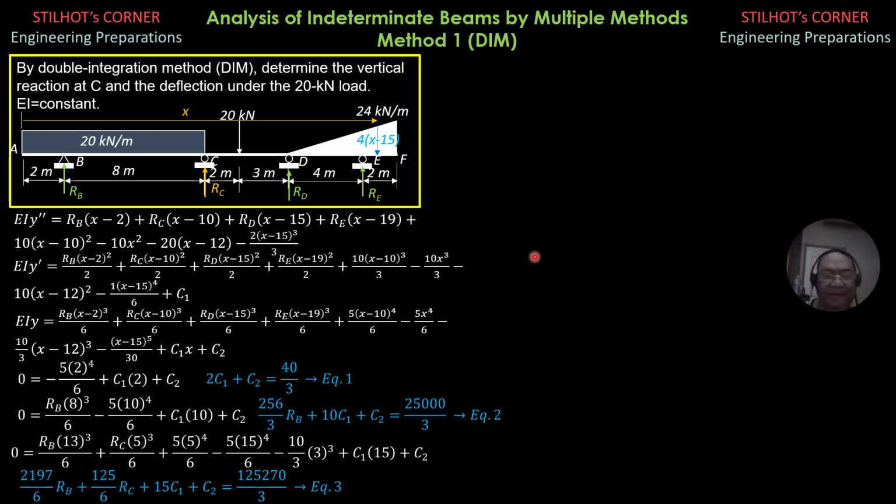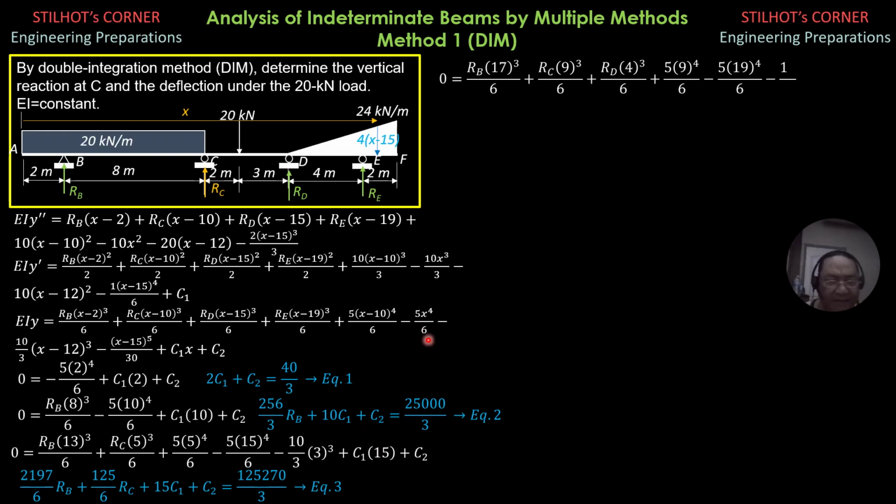Call that equation 3. Then, when x is 19, y is 0, again into this equation. So we have 0 equals RB 17 cube over 6 plus RC 9 cube over 6 plus RD 4 cube over 6. Then plus 5/6 of 9 to the 4th minus 5/6 of 19 to the 4th minus 10 thirds of 7 cube, then minus 4 to the 5 over 30, then plus c sub 1 times 19